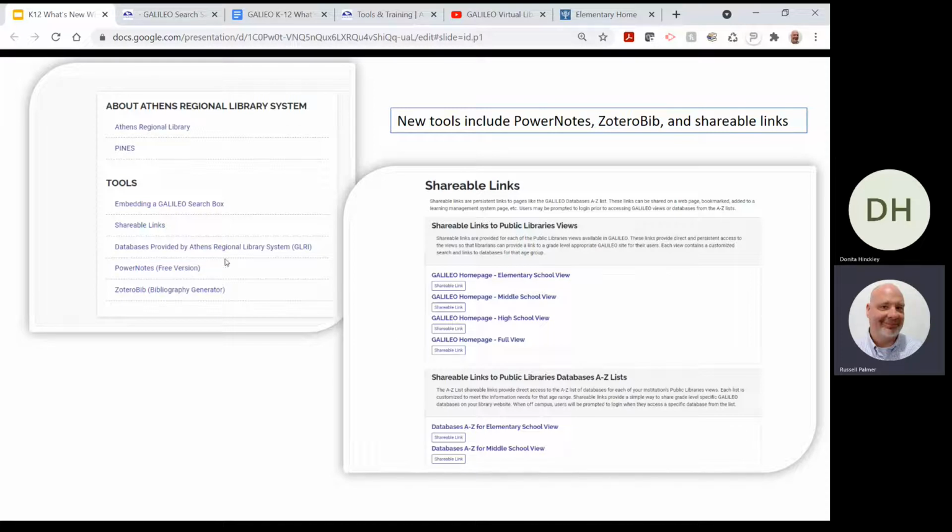But we have made it so that if you want to become an administrative user, again, reach out to us via the support request form, and we'll set you up with that. We can make changes to our tools area, but we can also add up to 6 links into the about your library or about your school system area, which could be really helpful